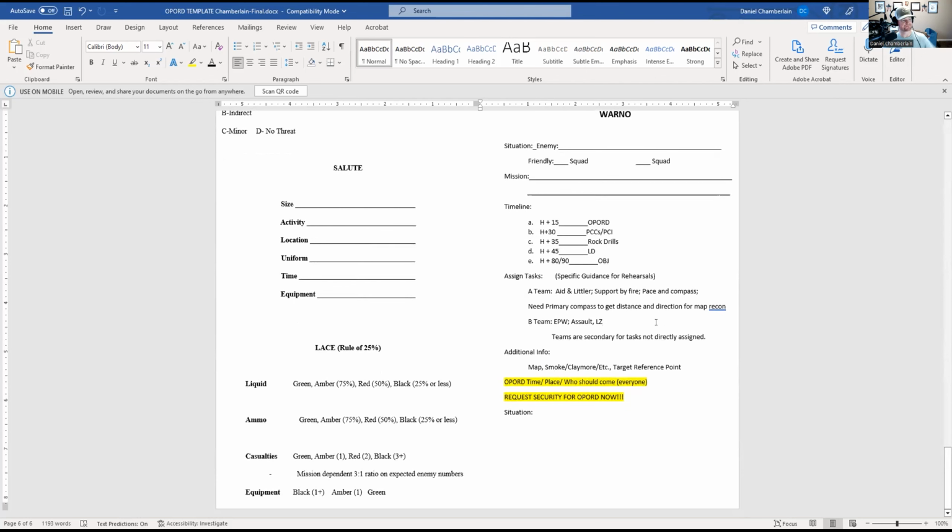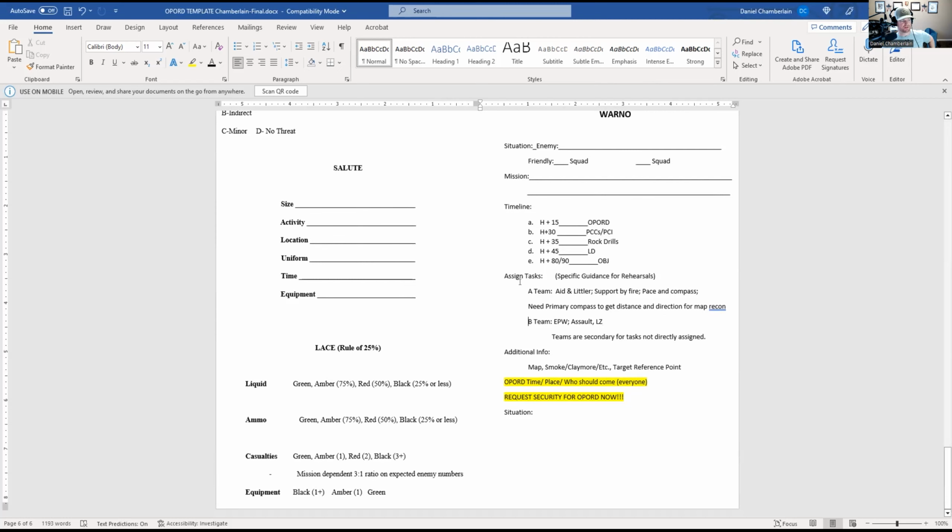Assigning tasks. So we just want to remember that the verbiage is team leader specific guidance. That's what it says in the FLIR, which we'll check out here in a minute. Some graders will take that as mission specific guidance, but it doesn't say that. At least not in the copy of the FLIR I have, but it says team leader specific guidance. So Alpha team and Bravo team, obviously that's who you're giving the WARNO to, right? You're just giving it to your team leaders.